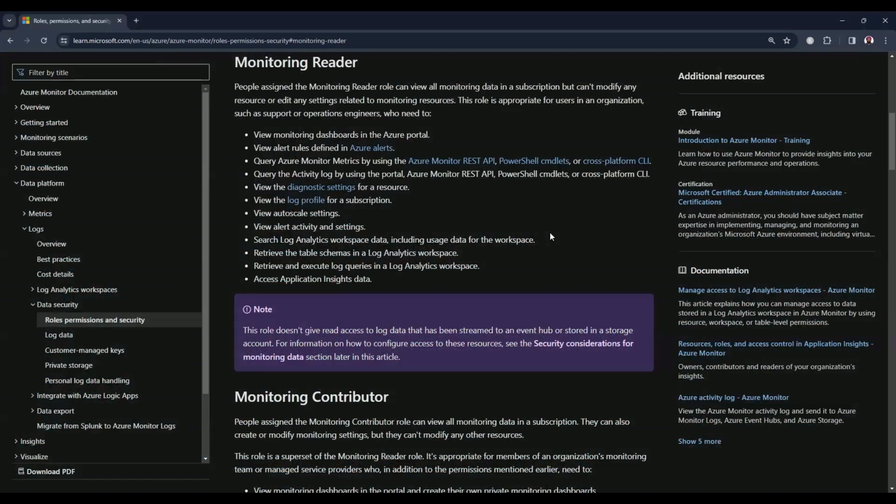So friends, to understand the reason behind choosing option D as the correct answer, let's first understand the monitoring reader role, which was being assigned in this case. People assigned the monitoring reader role can view all monitoring data in a subscription but cannot modify any resources or edit any settings related to monitoring resources. This role is appropriate for users in an organization such as support or operation engineers who need to view monitoring